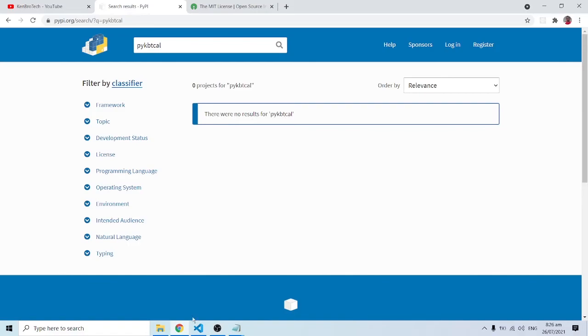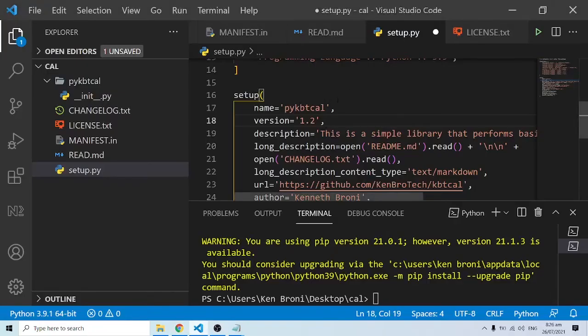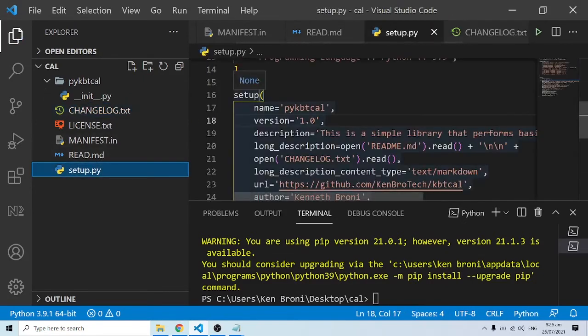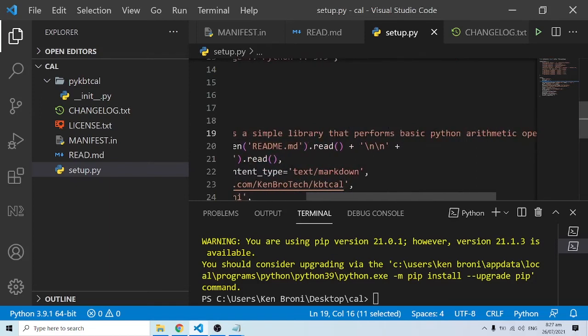All right, so let's come back in over here. That's going to be the name, and the version I'm using is 1.0. Remember, if I go back into the log.txt, I'm seeing that I'm using version 1.0. All right, then I have a description over here. Now this description is very important because any user who comes to use your library will definitely have to read something about it. So a good description will encourage the user to probably use your library. So I'm saying that it's a simple library that performs the basic arithmetic